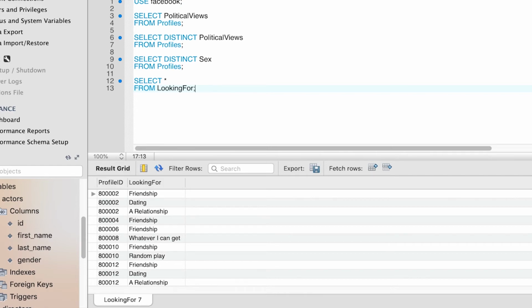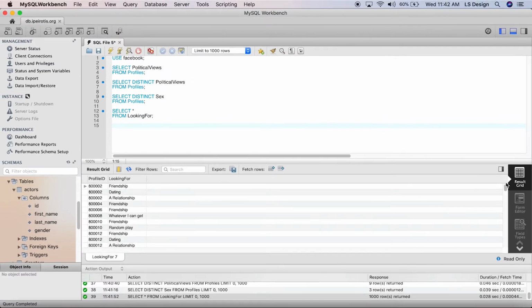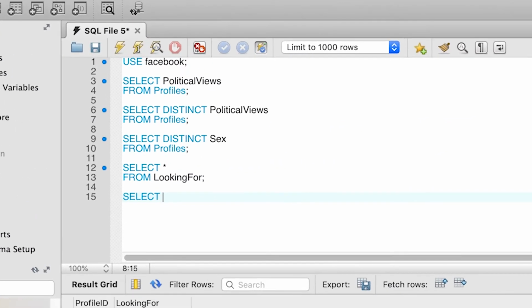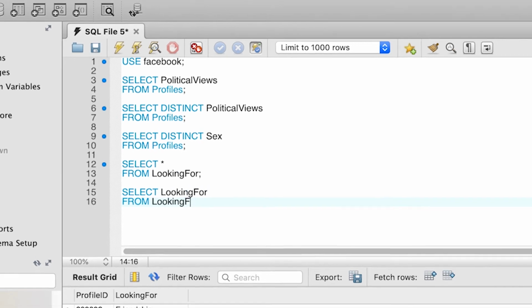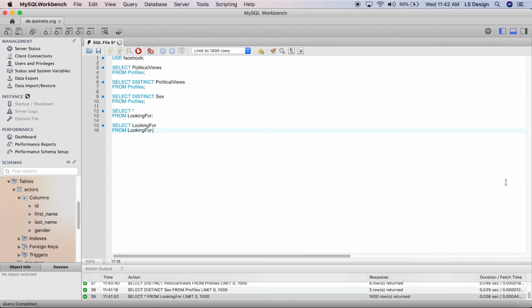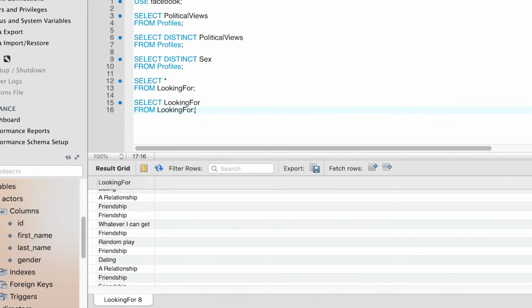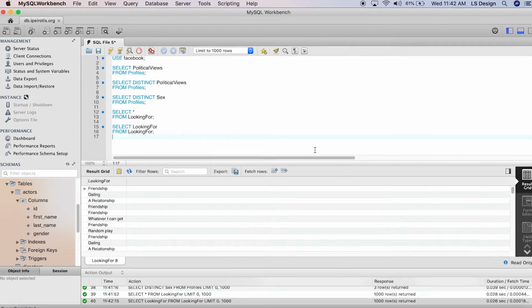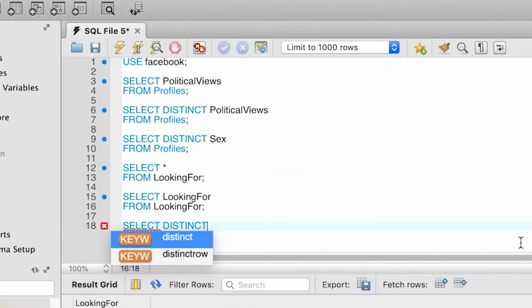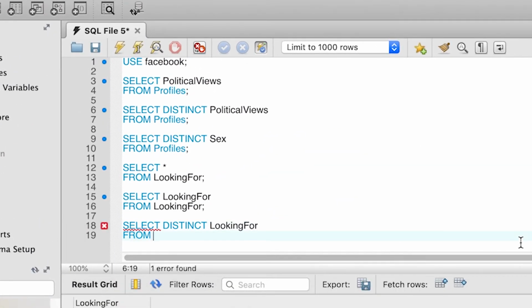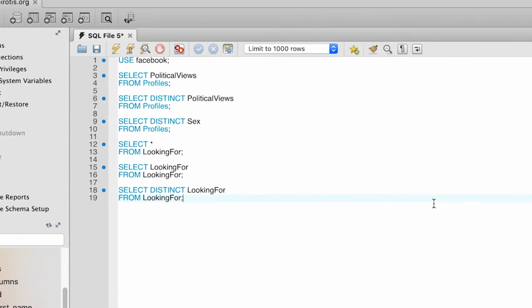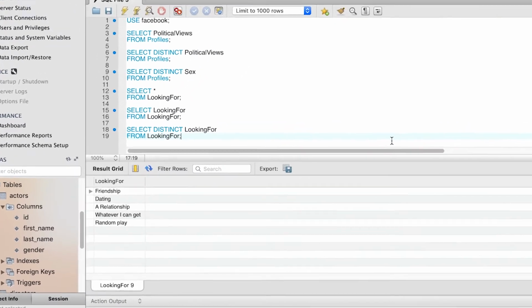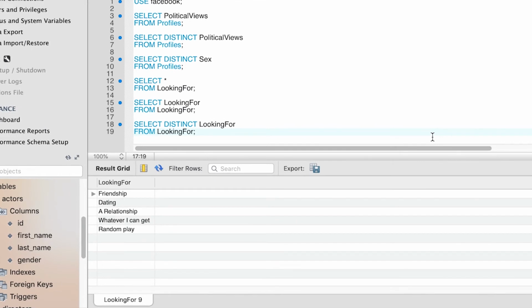At this point, we don't care about the profile IDs, so we modify our query to be select looking for from looking for. This returns all entries from the looking for column, again with plenty of duplicates. To eliminate duplicates, we modify the query and type select distinct looking for from looking for. We execute and we get back the results with the values friendship, dating, relationship, whatever I can get, or random play.